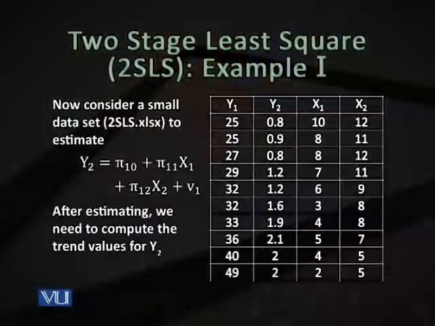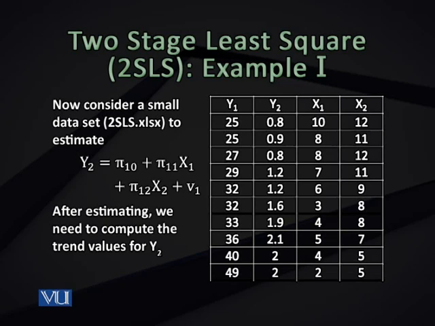So now you are looking at a data set with 10 observations. Remember that this is an example and you need a large number of observations or a reasonable sample size for applying these procedures. But just to clarify how to do that, you will look at a file 2sls.xlsx provided to you with the lesson notes. You have a reduced form equation y2 on x1 and x2, which you can estimate by using the line st command, or when you use software, you can say the reg command in Stata, although you can directly apply 2SLS procedures. So look at the data set.